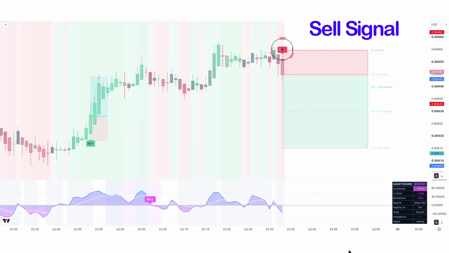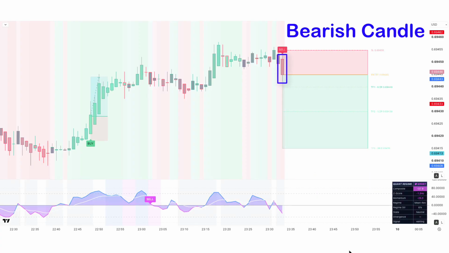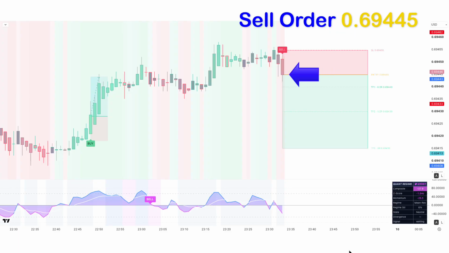Here the Quant confluence label down of this is sell signal. Here the pink line of Quant regime oscillator below the zero line. Here market has made a bearish candle to give confirmation. So all our conditions are being fulfilled. So we are placing an order to sell